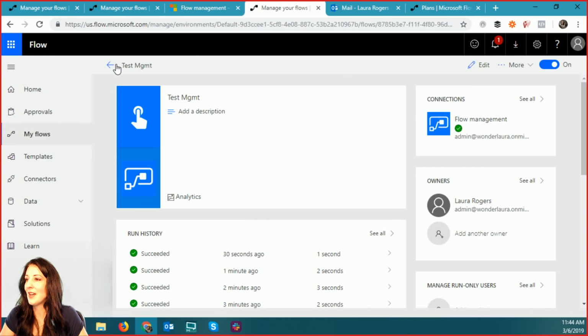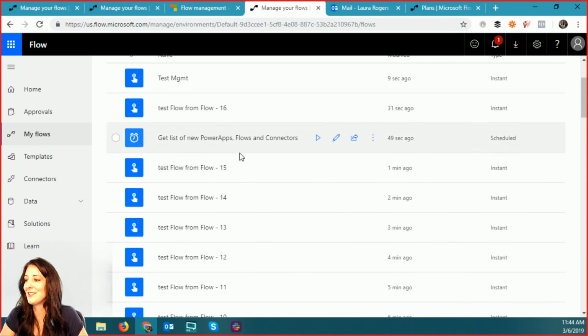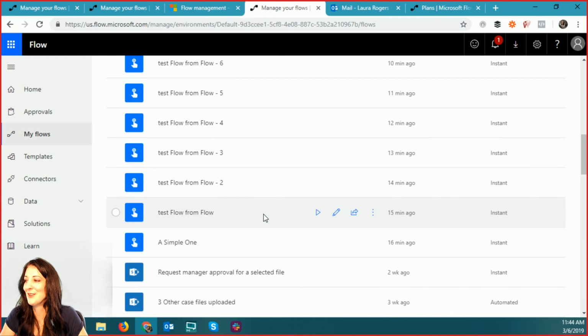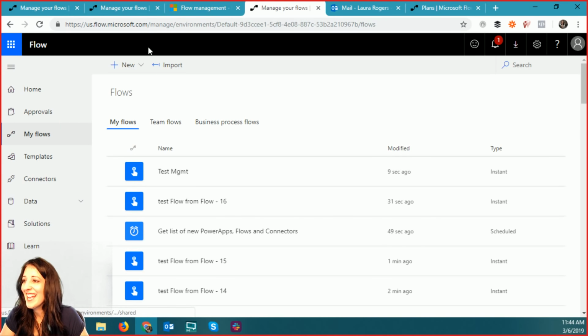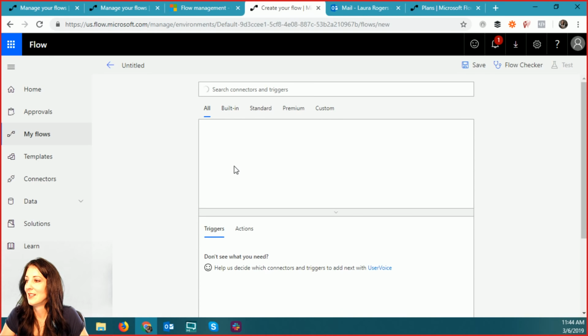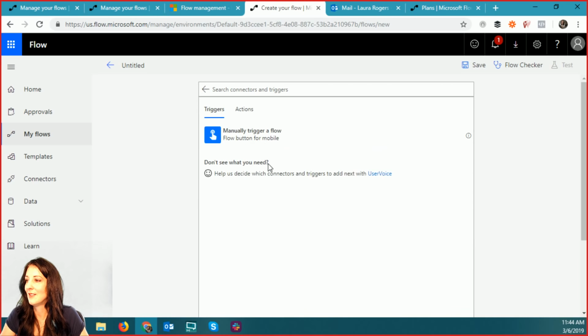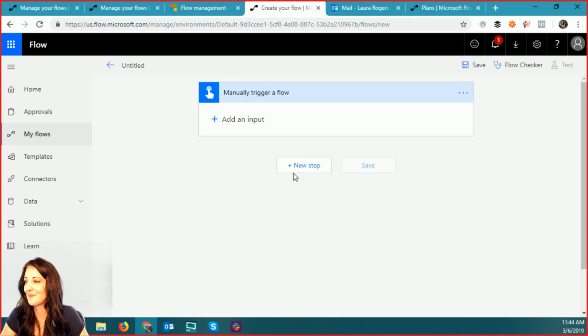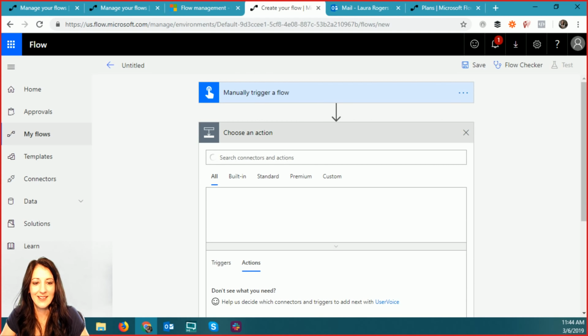And then, so now I've got all these copies of this flow with all the numbers after them. Let's see if I can work with that. Let's see what I can do with that just for fun. I'll create another, just a manually triggered one. And then,